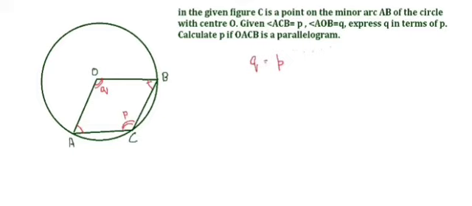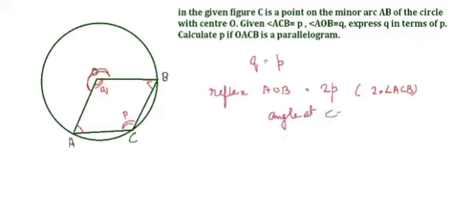Now we need to find Q in terms of P. Calculate P if OACB is a parallelogram. Now we need to calculate this angle. So first thing, the angle at the center is double the angle at the circumference. So this reflex angle AOB will be 2 times P, meaning 2 times angle ACB. Reason we can write: angle at center